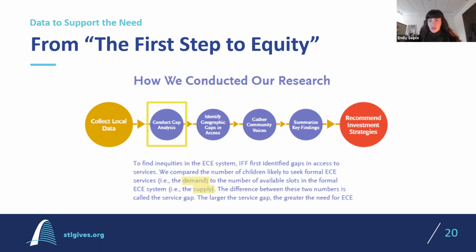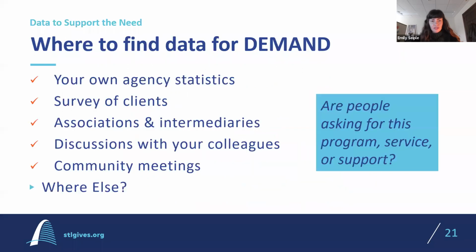And so that might be something where you can use your own internal data, or again, talking to others who are working in your field to figure out this need and supply. And I'll share an example about that at a later slide, but to give you a sense of where you could find some of that data. Again, your internal information, internal agency statistics. And if you're new to your position, you can ask, hey, where do I find this? Or start asking the people who have been working for a long time.